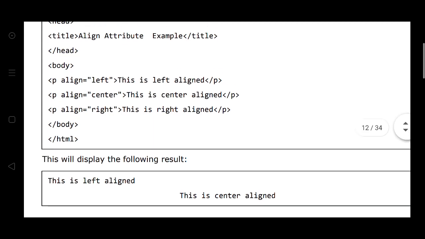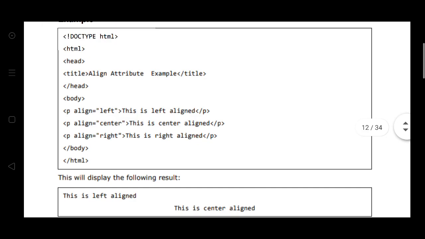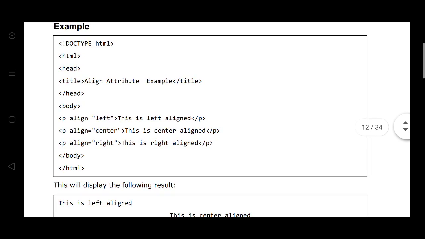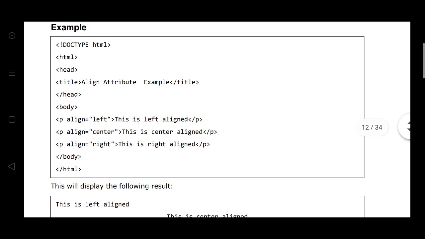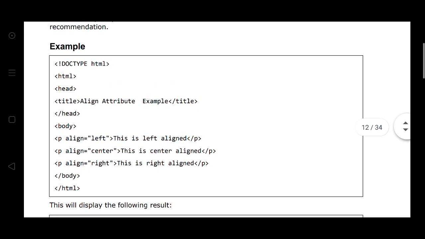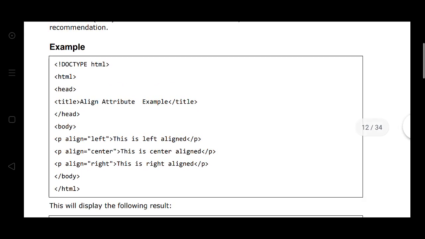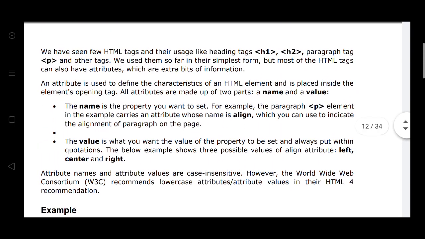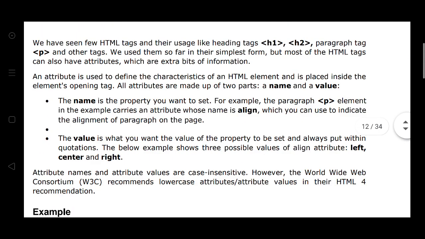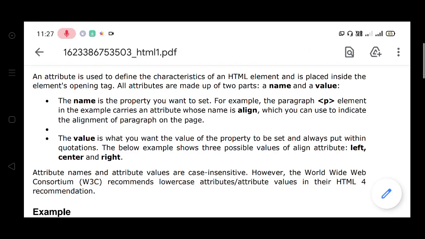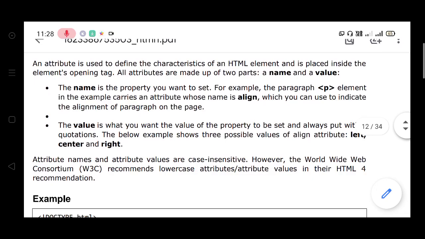Here P align is the name, and the value of the alignment is left, written within double quotes. The paragraph P element in this example carries the attribute whose name is align, which you can use to indicate the alignment of the paragraph.